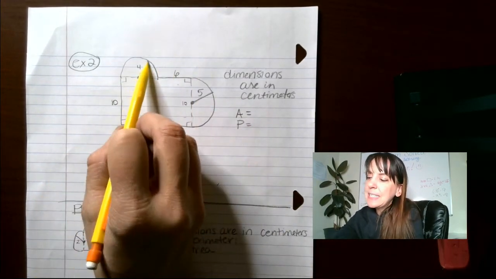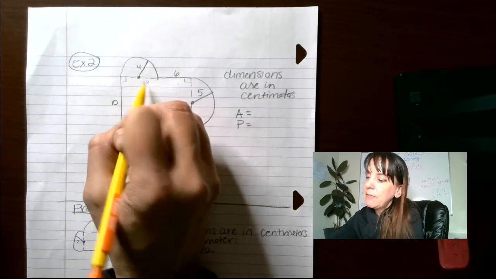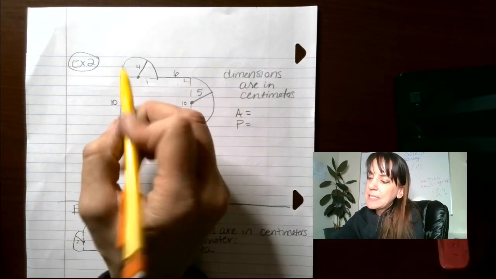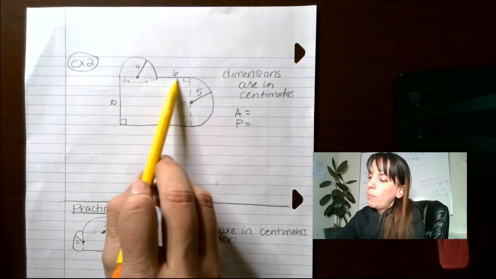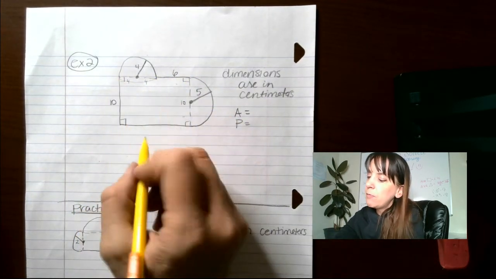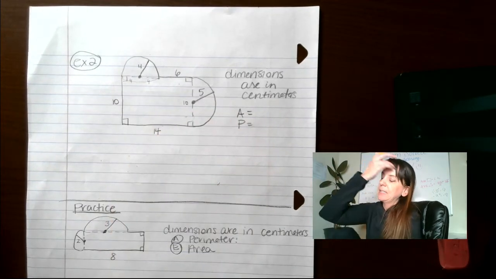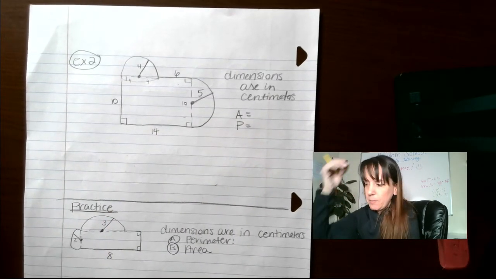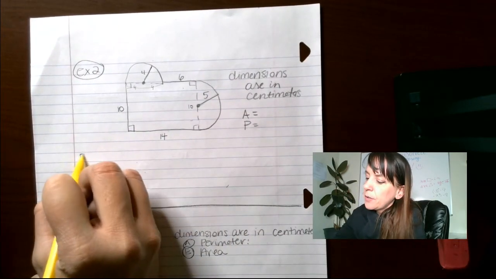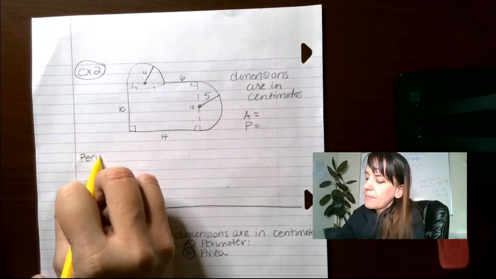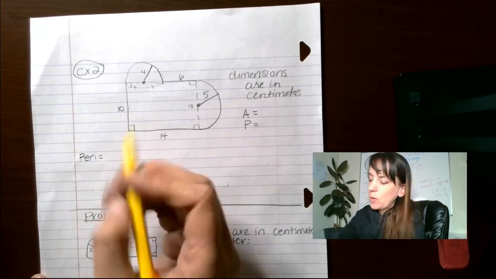Now, we know this guy is 4 here, which makes this guy 4 and this guy 4. That makes this whole thing 8, right? That makes this whole big part here 14. Okay, so let's start by finding the perimeter. So the perimeter is going to be 10 plus 14